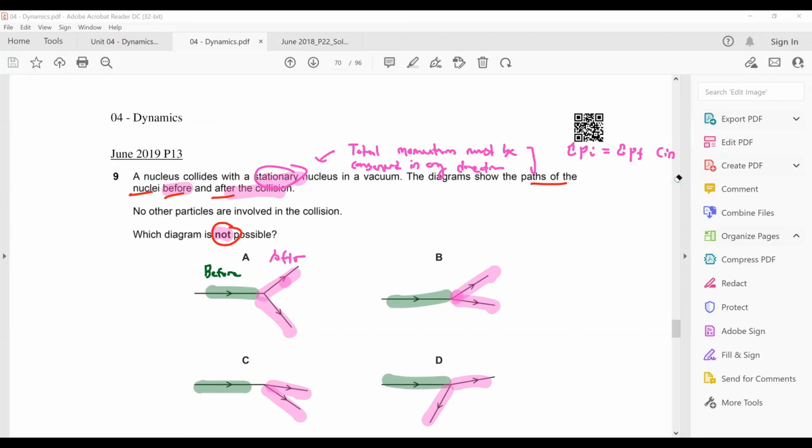Maybe I just write horizontal or vertical direction. That one will be somewhat easier to see. In horizontal or vertical